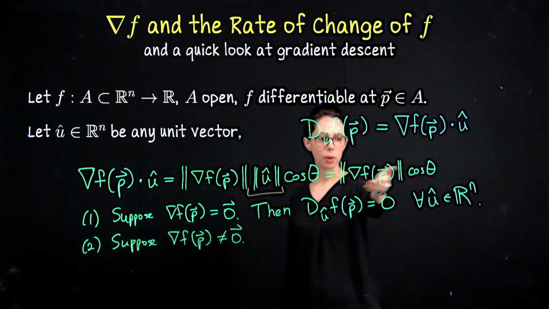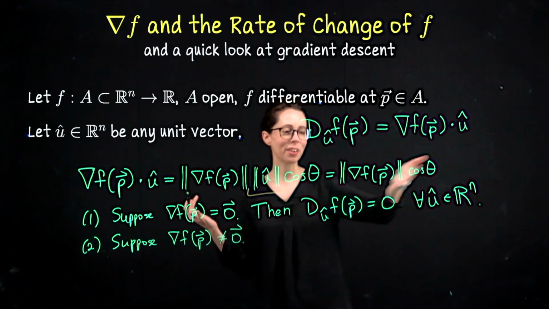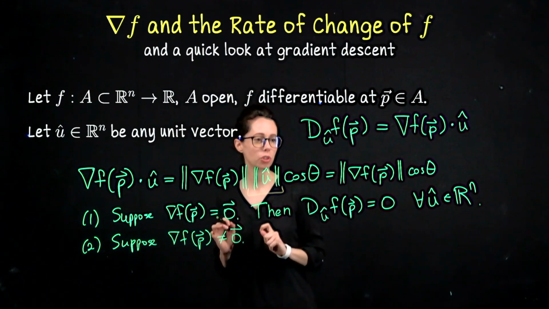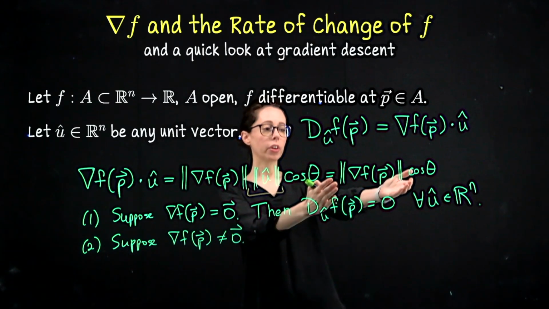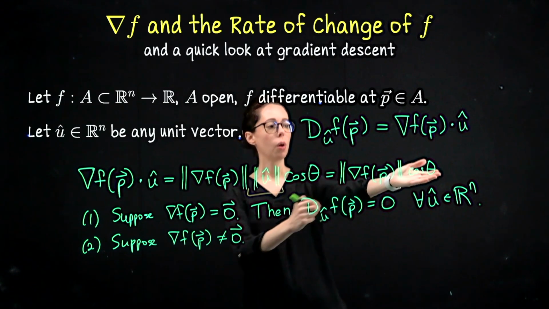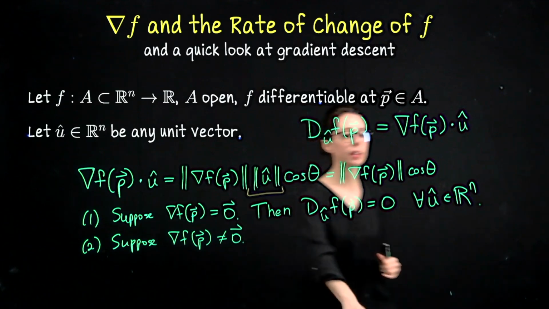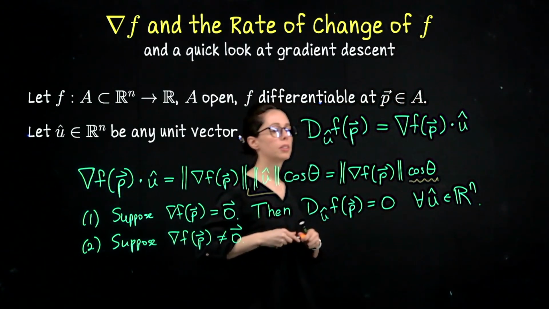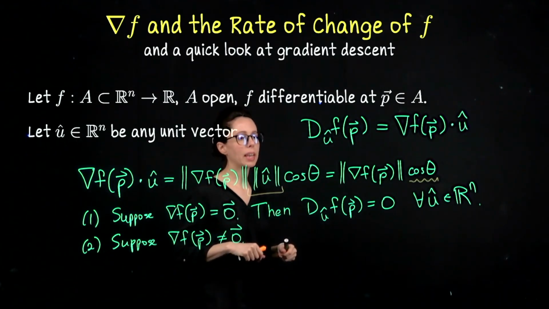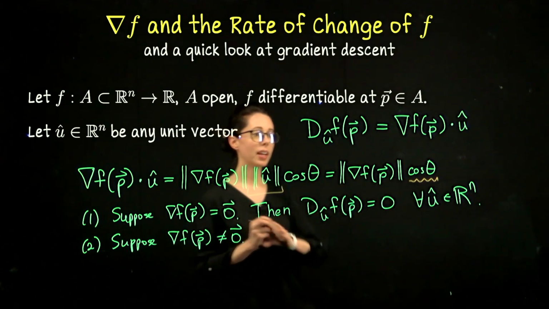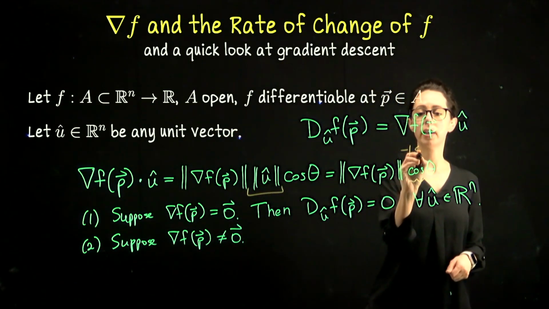That means that this product here could be anything, or is anything really the right descriptor? Whatever the gradient of f at p is, it has a fixed length. So this is some fixed number. What kind of values could this cosine take? So now I want to analyze this product by thinking about cosine. Well, cosine of theta is bounded between -1 and 1,